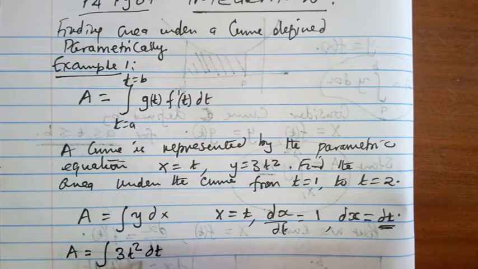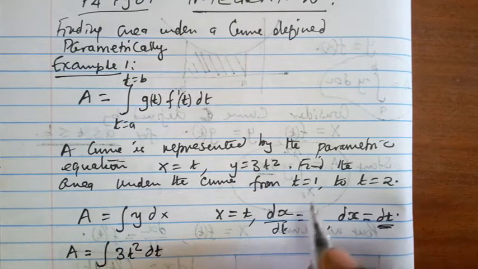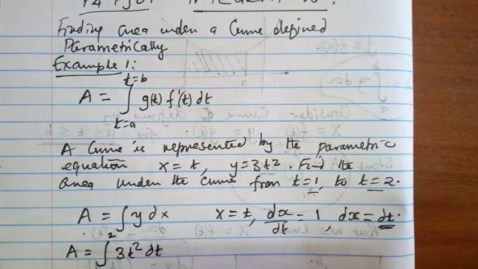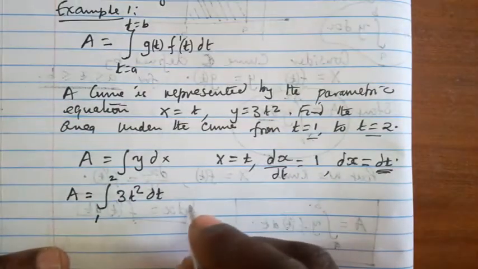Because all the details are about t, we can bring in the limits of t, which are 1 and 2. Now the only thing we need to do is to simply integrate generally, and it's going to give us